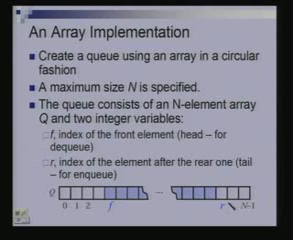How do we implement a queue? We are going to use an array to implement a queue, and we are going to use it in a circular fashion. What does that mean? Suppose someone tells us that this queue is never going to be larger than n elements. So I am going to allocate an array of size n. I am going to have two variables, f and r, f for front and r for rear. F is the index of the front element of the queue,